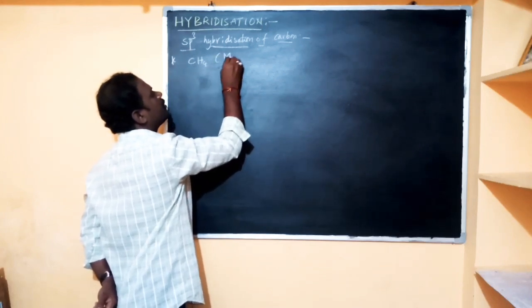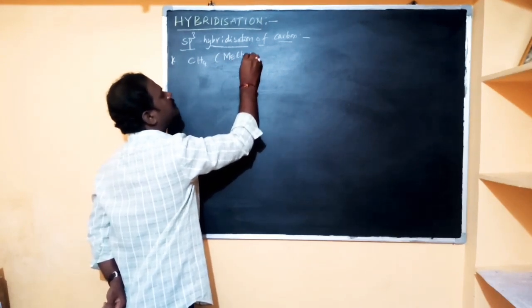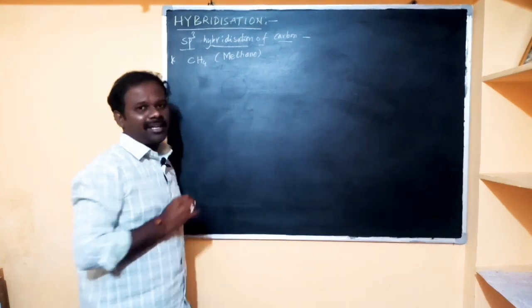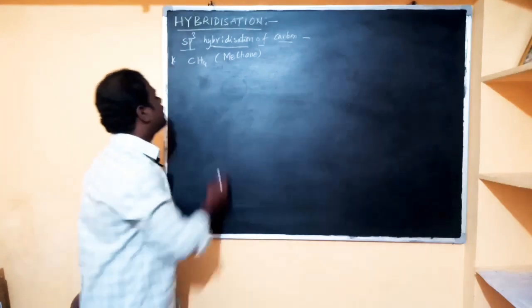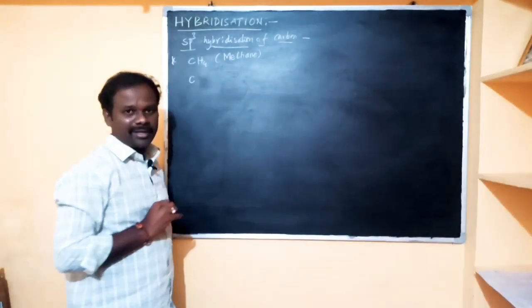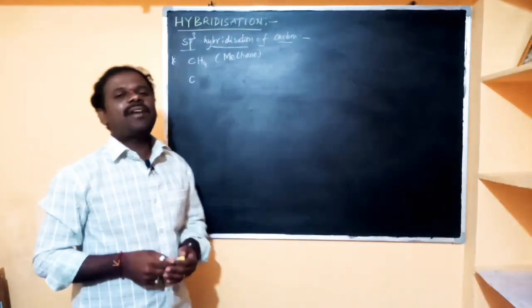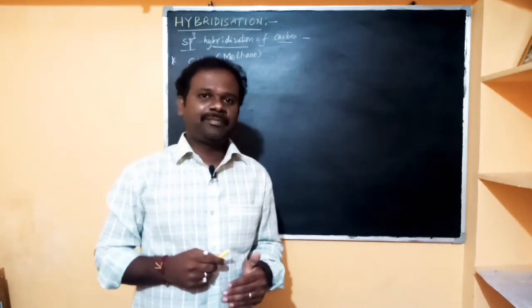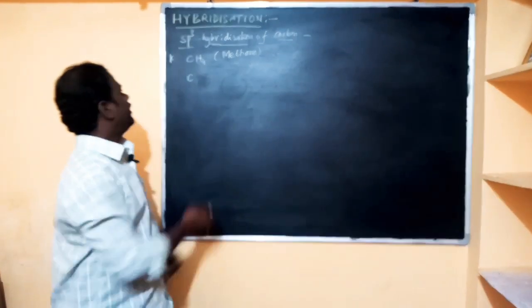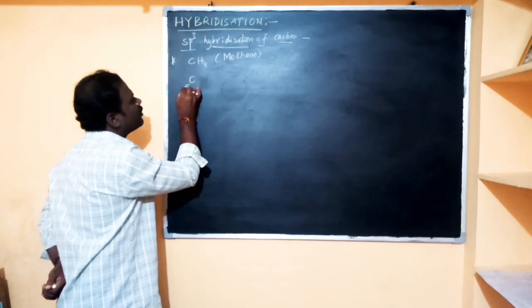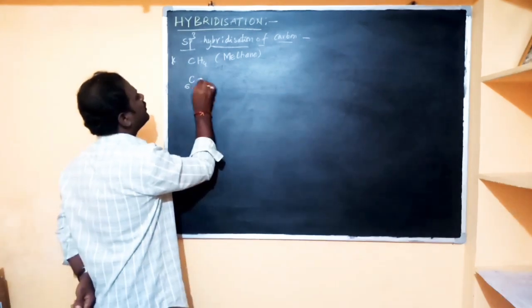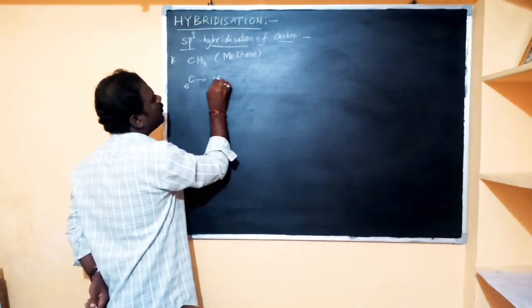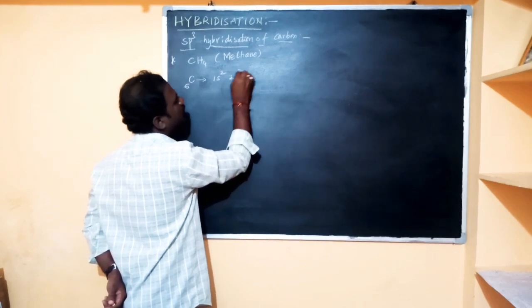Here in this methane, what is the central atom? The central atom here is carbon. What is the atomic number of carbon? The atomic number is equal to 6. What is the electronic configuration of carbon? For carbon we have 1s2, 2s2,